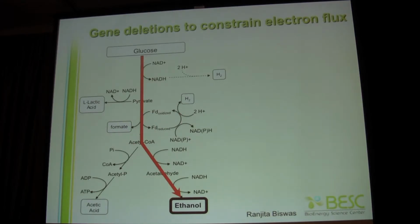I started working on this project as a postdoctoral researcher in Lee Lin's group, and we decided to take an approach of, instead of trying to constrain carbon flux, let's constrain electron flux, because conversion of glucose to ethanol is perfectly redox balanced. If you're making other reduced products like hydrogen or formate, then when those electrons get lost to the environment,